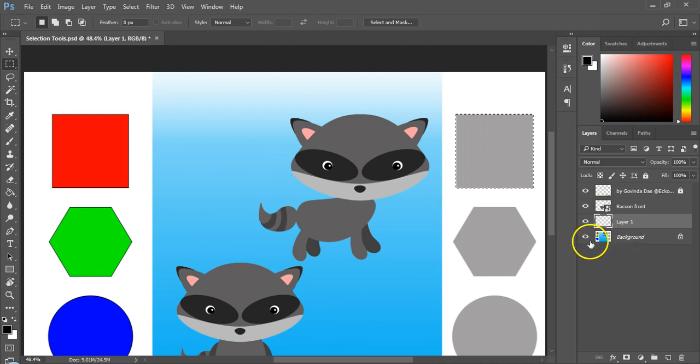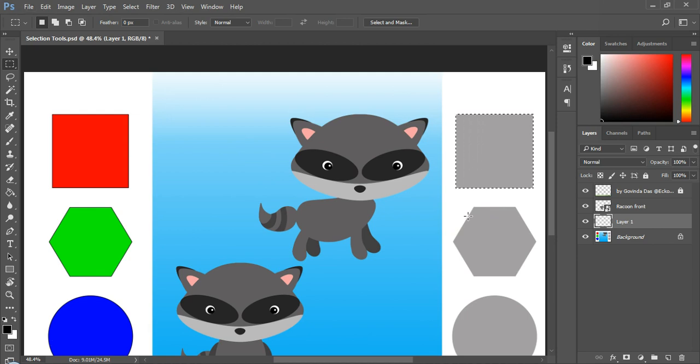So click the new layer icon at the bottom of the layer panel or use the hotkeys Ctrl Shift N. The new layer will be transparent in nature, so you definitely won't see it on the canvas area. But do check and make sure from the layers panel that you did create a new layer, which by default should be above the background layer and should be active so we don't do some destructive coloring to our background.